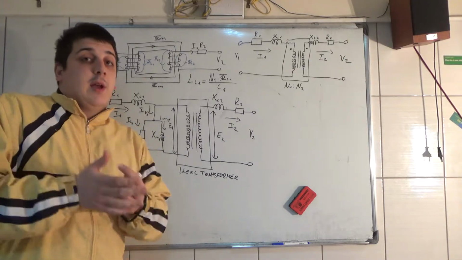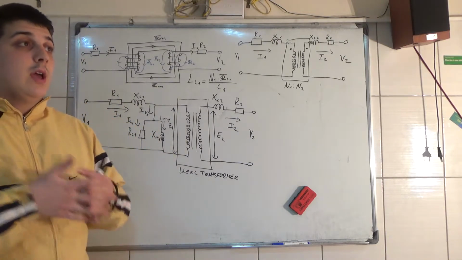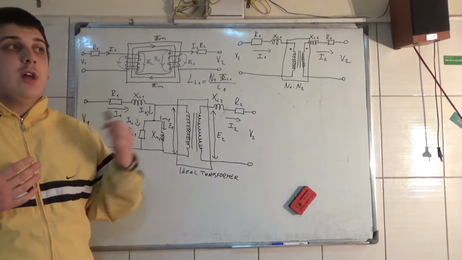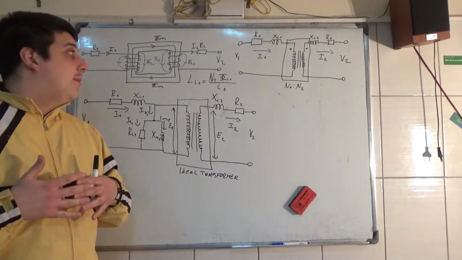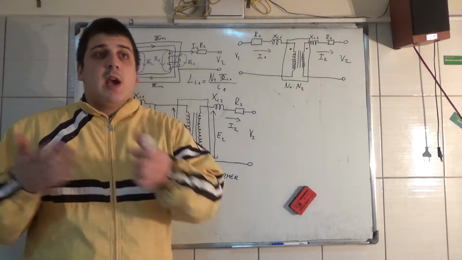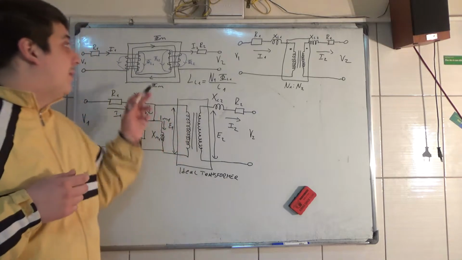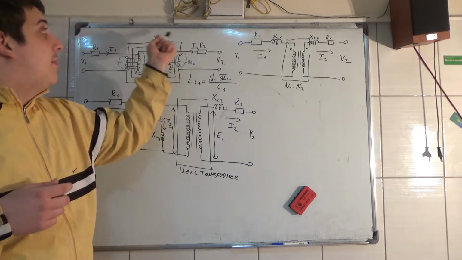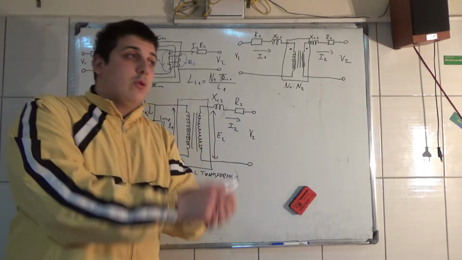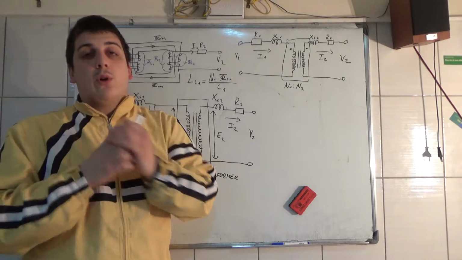To magnetize the magnetic core, the magnetic circuit, we need that magnetizing current. That magnetizing current is drawn from the supply, but because we always have hysteresis losses and core losses, and in order to have a sinusoidal magnetic flux in the core, we need to have an exciting current. So I hope you learned that